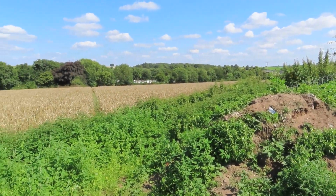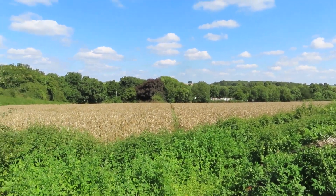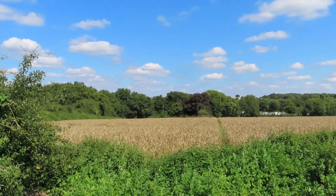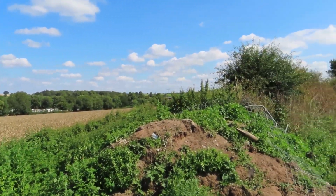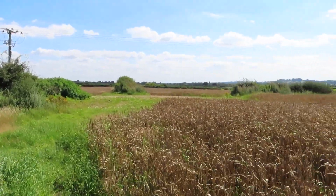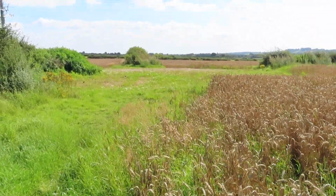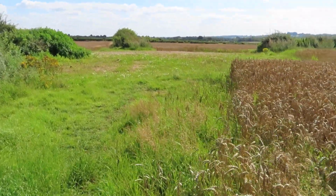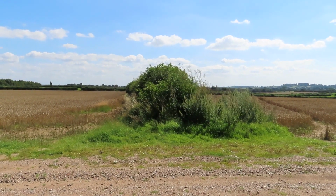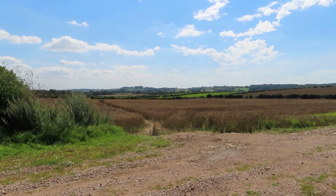And through this gap you can see what may be the entrance to White Post Farm. The farm itself behind the trees and across the road which goes to Farnsfield. At the end of this field we have to carry on one side or other of the hedge. Looks like the left hand side this time. It isn't the left hand side, neither is it the right hand side, because there's the path there, and that's